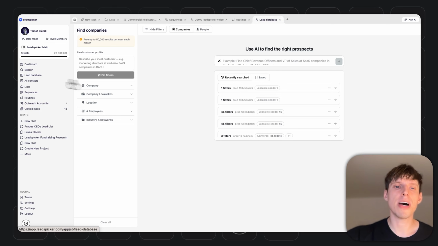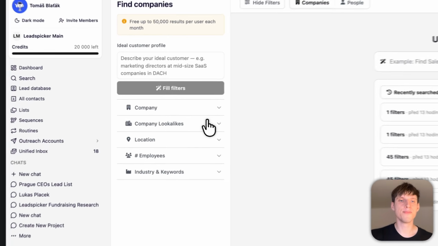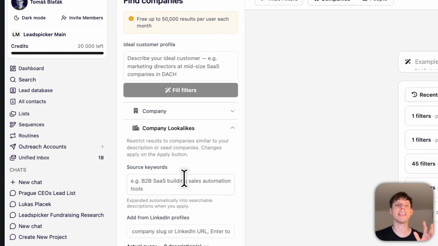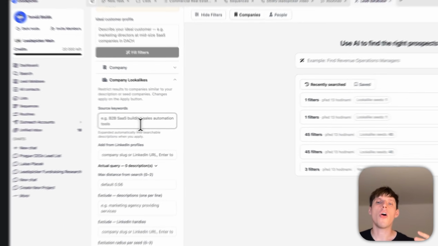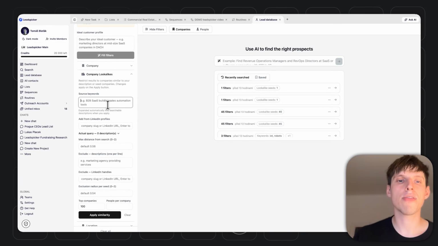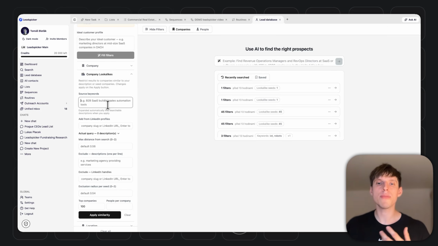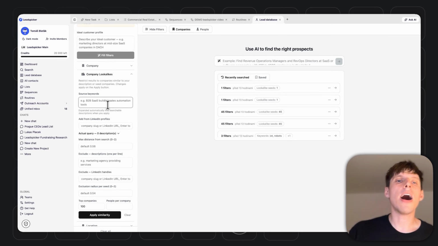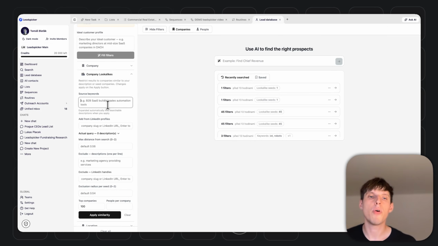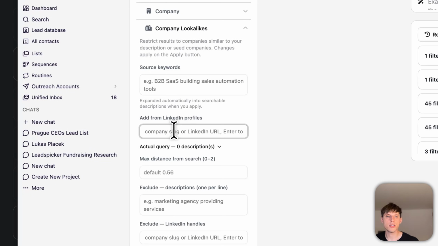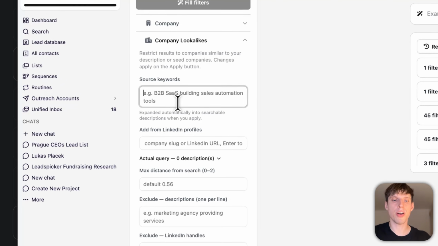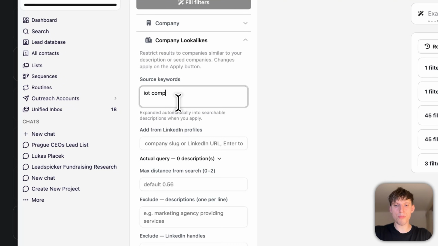The lead database is something we released around 2 months ago, but we did not promote it that much till this moment, because we added the company lookalikes. What does it mean? Based on your prompt, what you would like to do, how the businesses look alike, we are able to find more similar businesses. You can paste there the LinkedIn of your current customers, or you can write the description like IoT companies that are creating